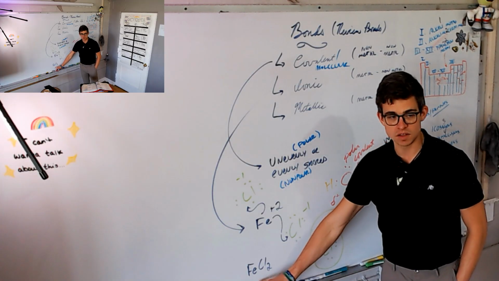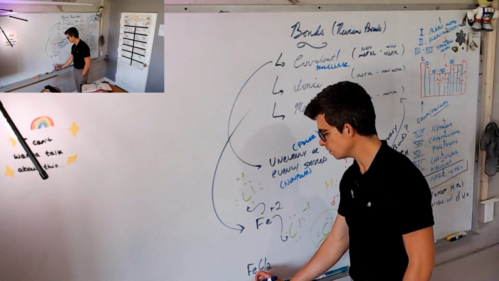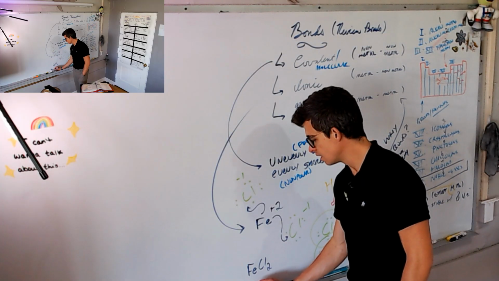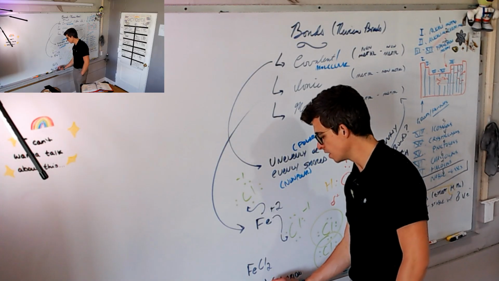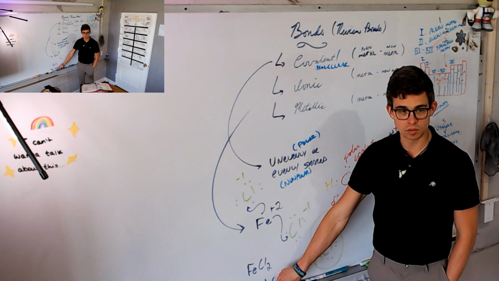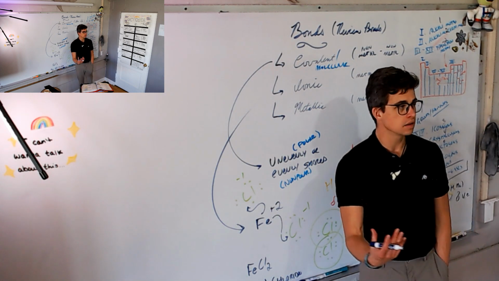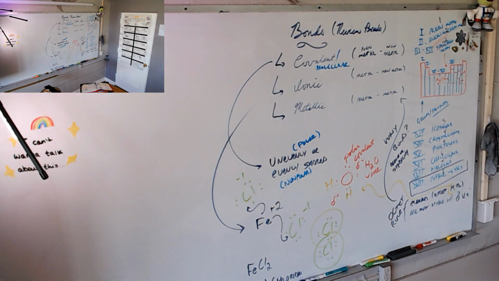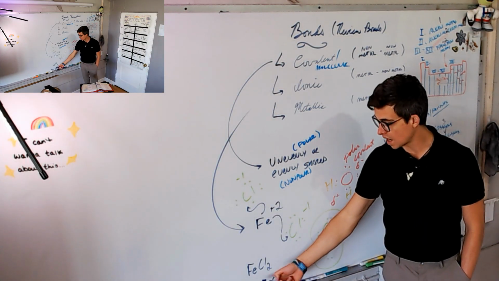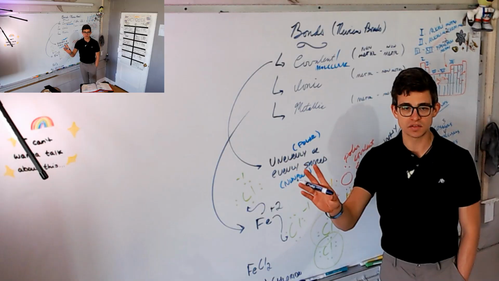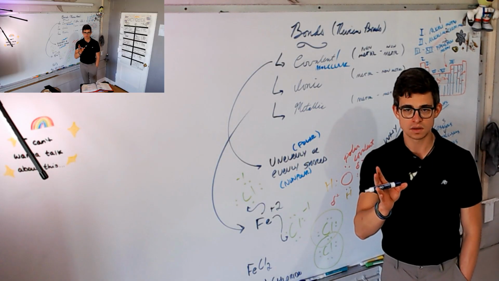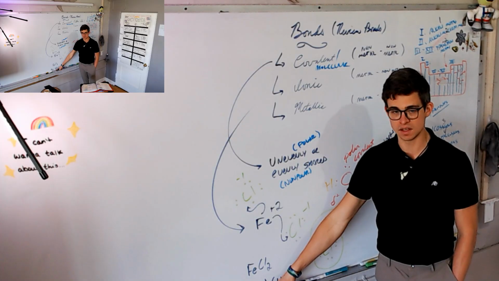So if we want to name this, which we do, what would we name it? Well, what's its first name? Iron? You're not wrong, but there's something in between. It is iron 2 chloride. Very good job, student. Because this 2 in Roman numerals does indicate the charge. Because iron, as almost all transition metals can, can be either a 2 or a 3 charge, and so you have to say which one you're talking about. Because iron 2 chloride, FeCl2, and iron 3 chloride, Fe2Cl3, have completely different properties from each other. They are not the same substance, so we use this symbology to indicate which one we're talking about.